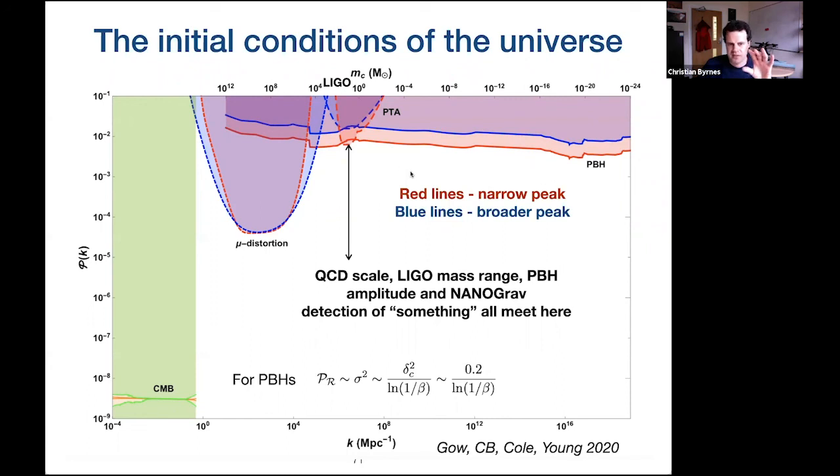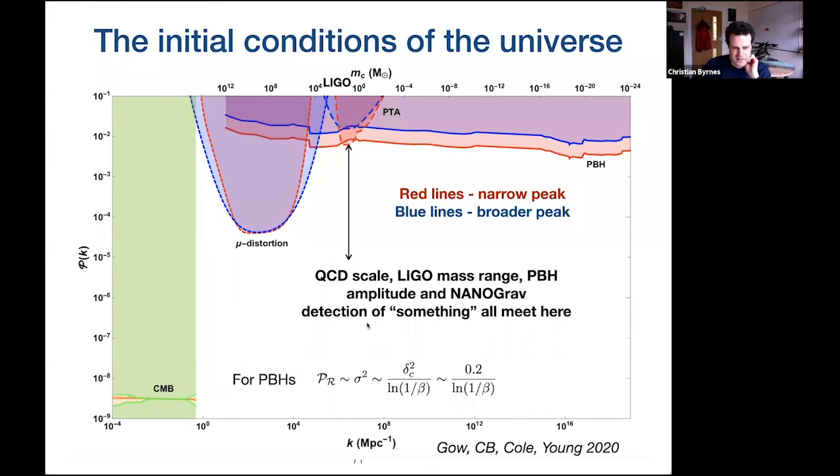Now, the details don't matter, but the exact amplitude of this constraint depends on the shape of the primordial power spectrum. Okay. So it depends on whether the peak you assume that you've got on this particular scale, whichever scale you're looking at, is either narrow or broad. And there's this interesting coincidence again around the LIGO mass range. It's also where the pulsar timing array is quite constraining to the level that if the power spectrum really was 10 to the minus 2 on these sorts of scales, you would probably expect to see the second order gravitational waves as well. So there may be a slight tension there, but the calculation uncertainties are large enough to excuse the slight overlap. And that's also where the QCD transition is taking place. So, this is a very interesting mass range to look at the moment